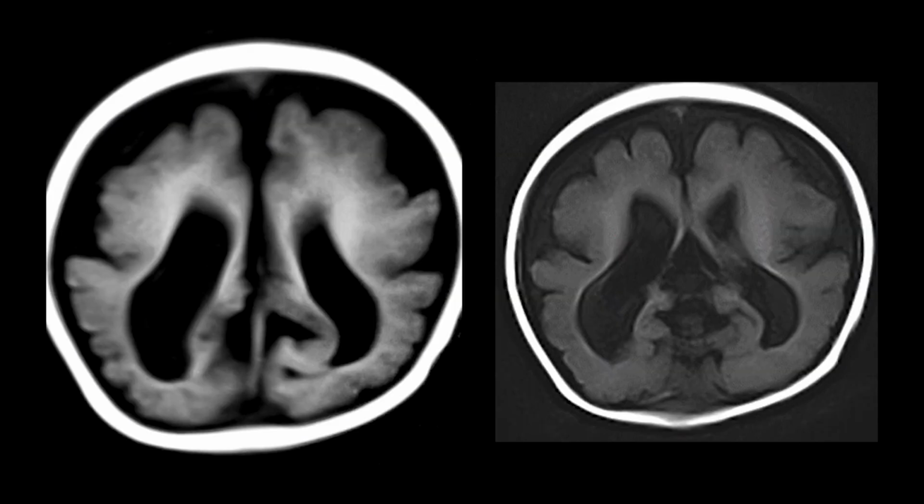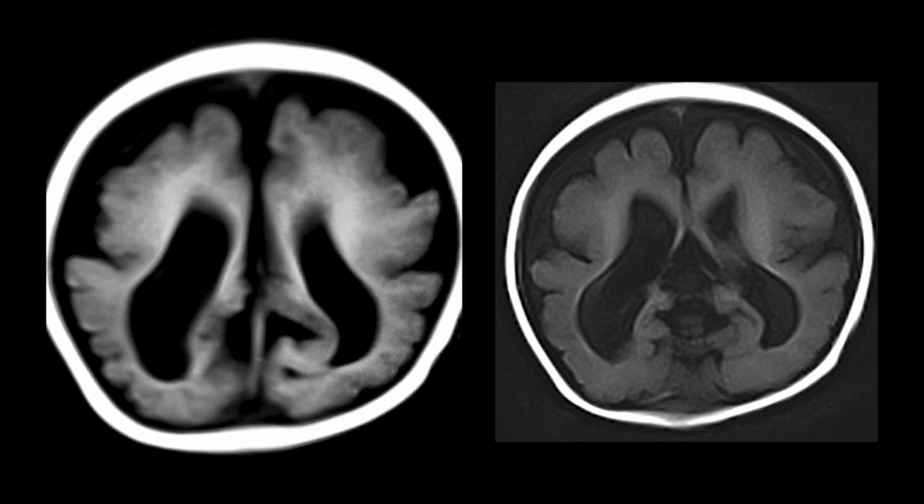Same patient, MRI at the ventricular level. T1 weighted images show decent myelination. Subcortical U fibers are not myelinated, which is acceptable at 8 months. There is not much delay in myelination, but the cortex is thick. So this is a pattern of lissencephaly. Lissencephaly can be divided into agyria, pachygyria, and sometimes band-like heterotopia. We need to grade and type these, which we can discuss in detail in the later part of the series.